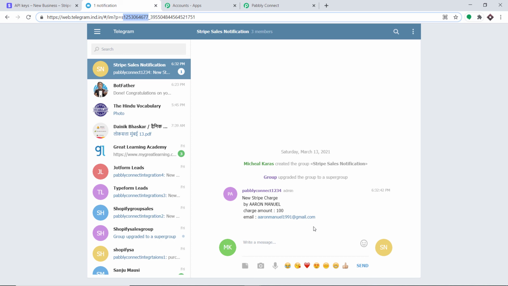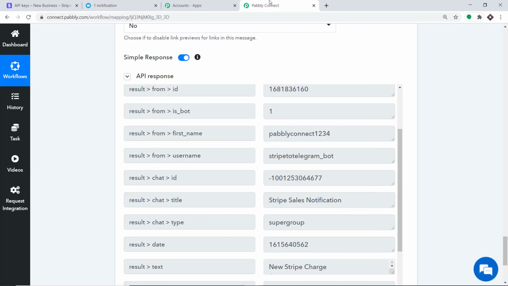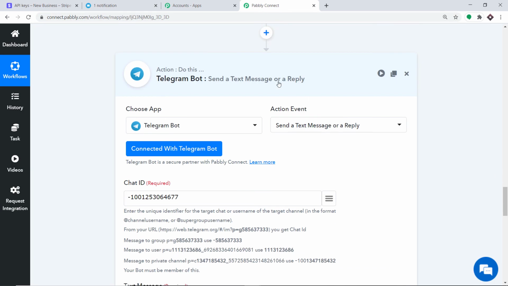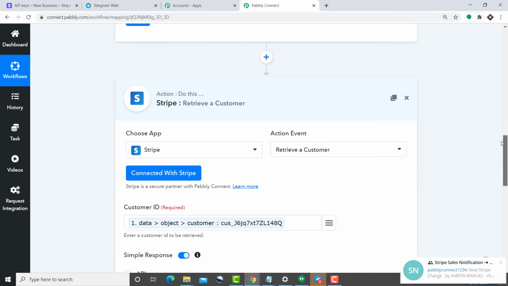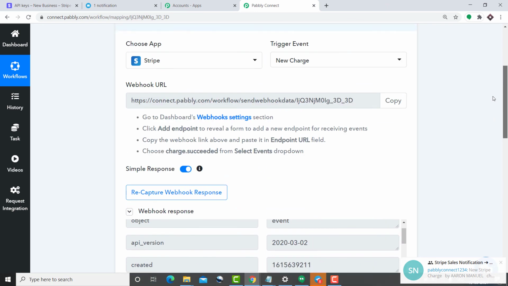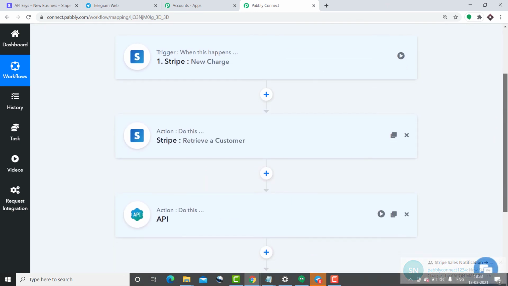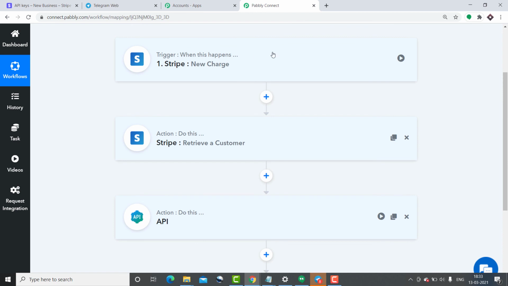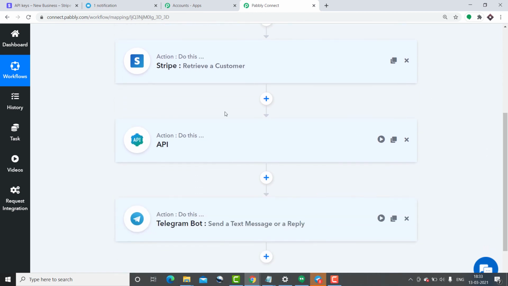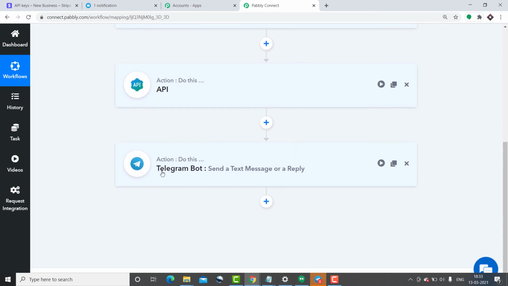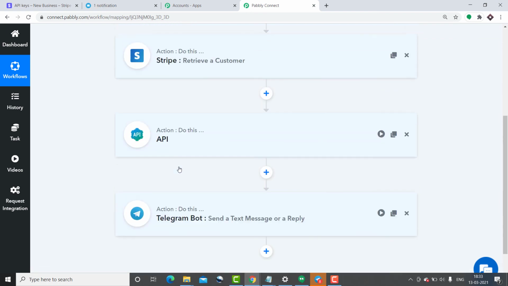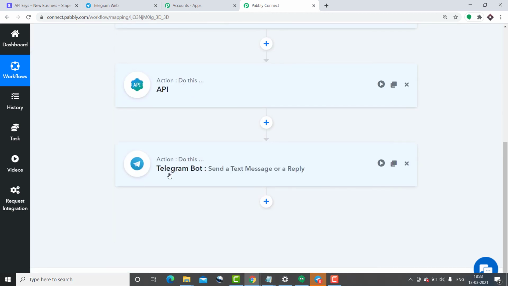But before we do that, let me just show you the whole mechanism in a nutshell. So I'm taking you back to Pabbly Connect, and I'm going to minimize my action windows. I have minimized this action window, this action window, this action window, and I'm going to minimize the trigger window. So basically this is the whole process in a nutshell. First you integrated Stripe to Pabbly Connect, and then you have used Stripe action window to retrieve the details of the customer. Then you have used another action window to trim the amount. It was earlier $10,000, we have made it into exact $100. And of course we have integrated Pabbly Connect to Telegram to send the message. So now there is a perfect flow of data between Stripe and Telegram.